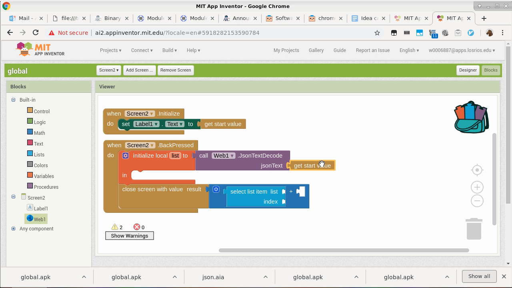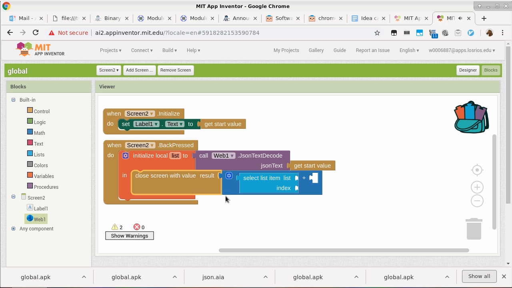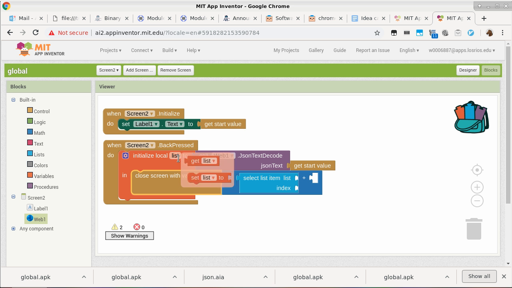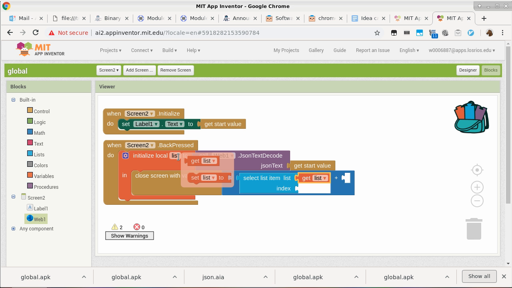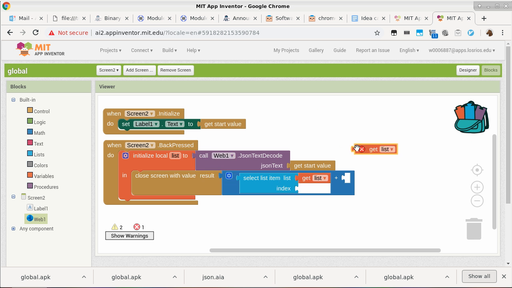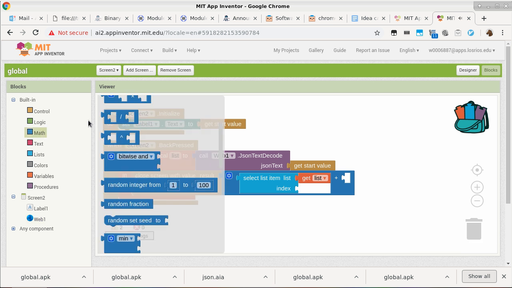And then we'll move this block into the local variable block here. So we'll take the second block, stash it inside here, and then we'll use this list, our local variable, and huh? You just hover over the local variable without clicking anything. Yep, you just hover and that's all, it's automatic. Pretty handy.